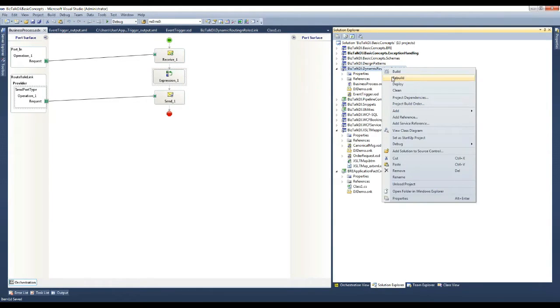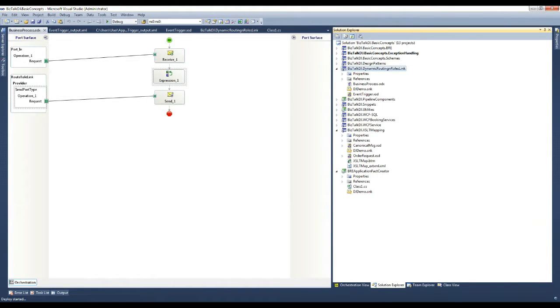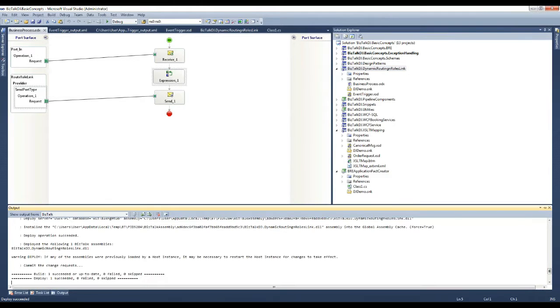Now let us try to build and deploy the solution. And we would need to create send ports and associate those send ports to the party.